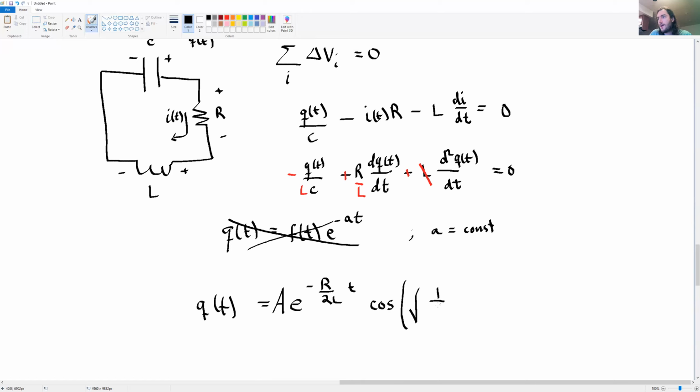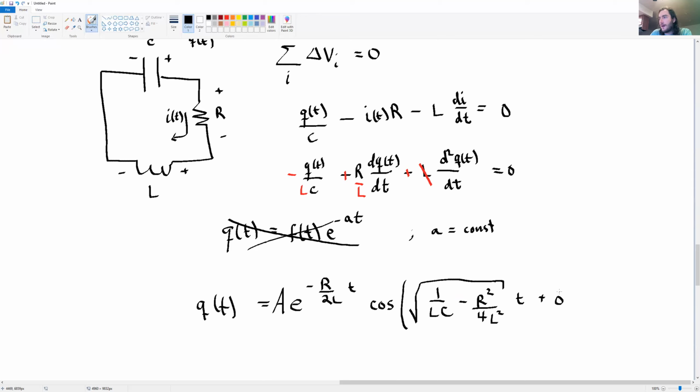Cosine of the square root of 1 over LC minus r squared over 4 L squared, and then times t on the outside of this root here,